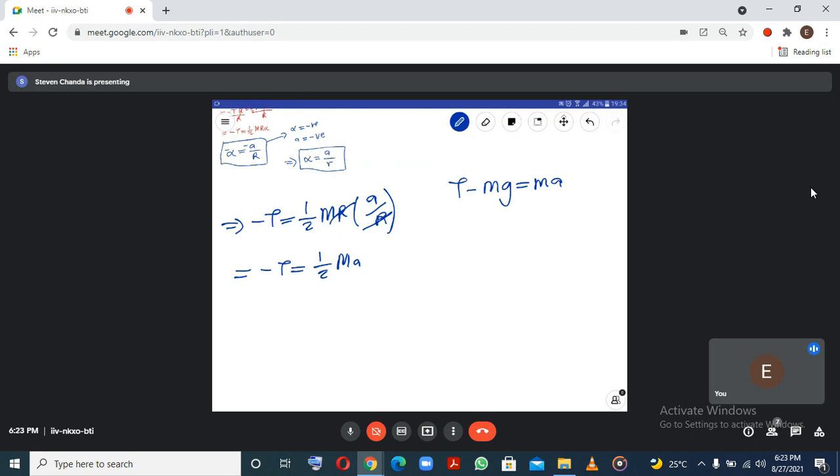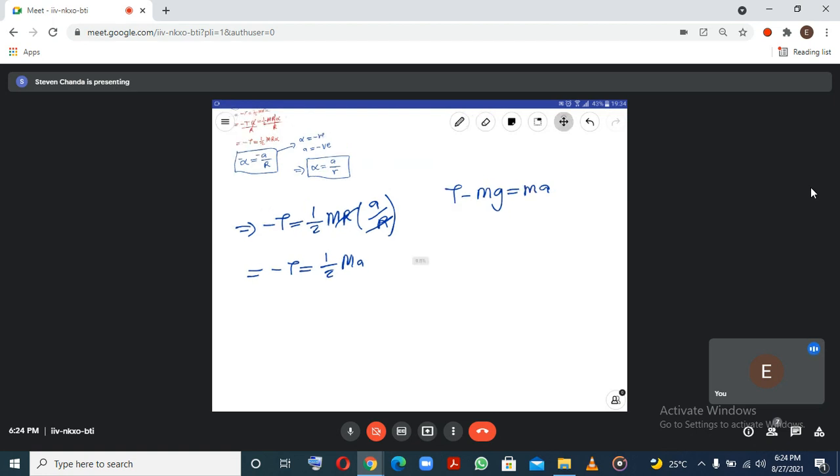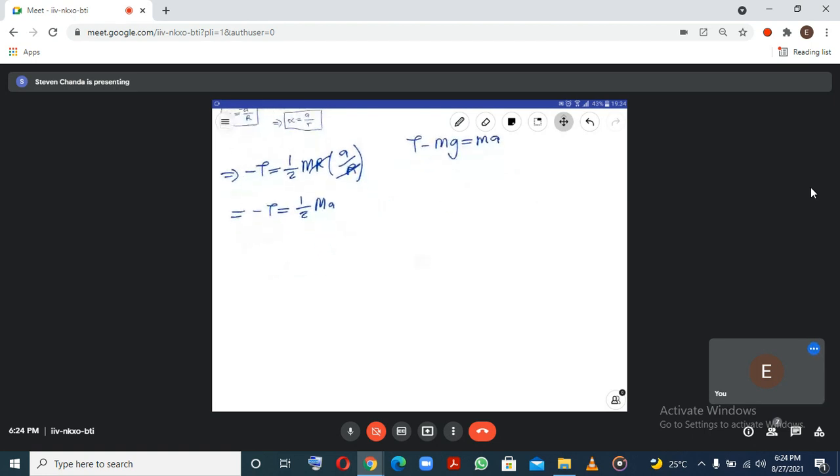Okay, let's do that. So how do you make t the subject of the formula? Making t the subject of the formula, we are going to have